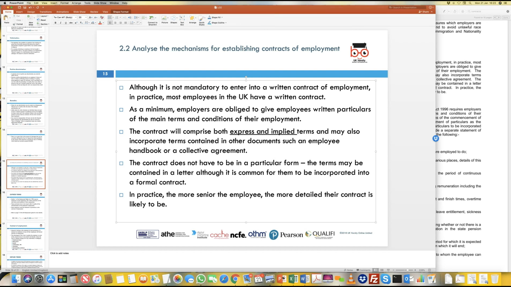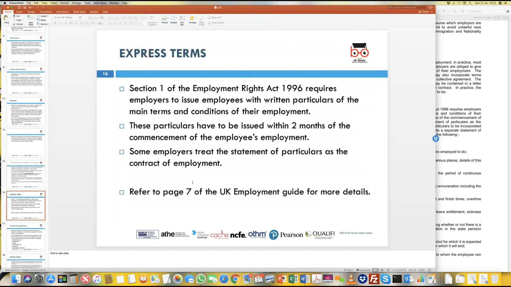Expressed would mean that this is something which is mandatorily expected. Implied terms means it could be open to interpretation, and in some cases this would vary depending on the situation the person is actually working in, or depending on the contract the